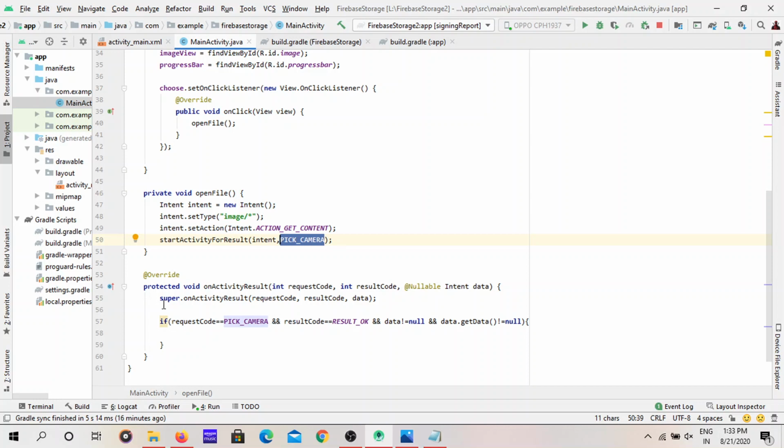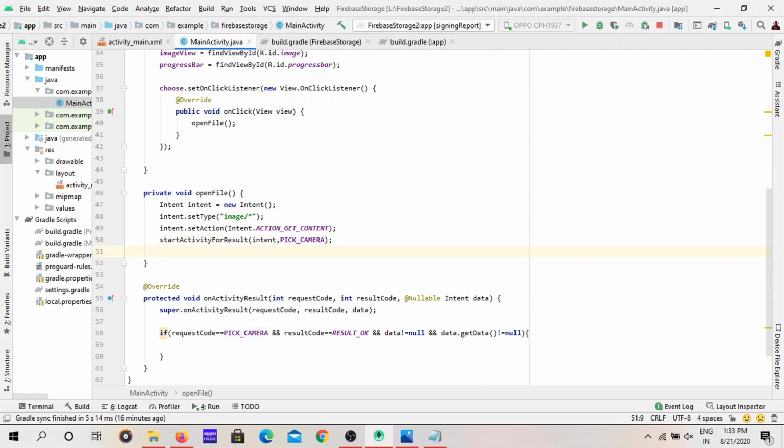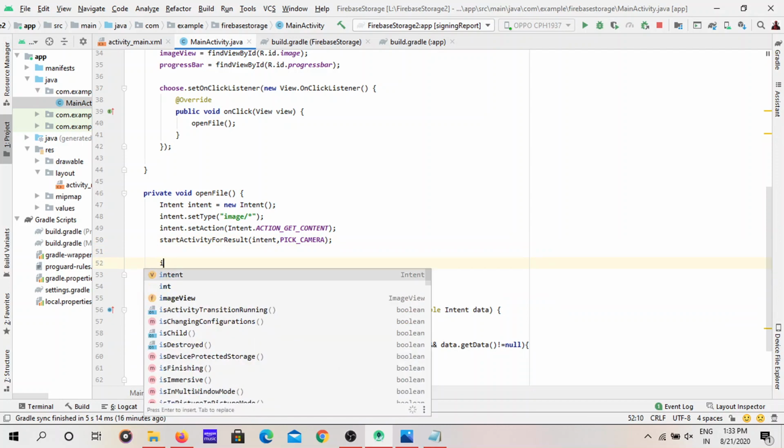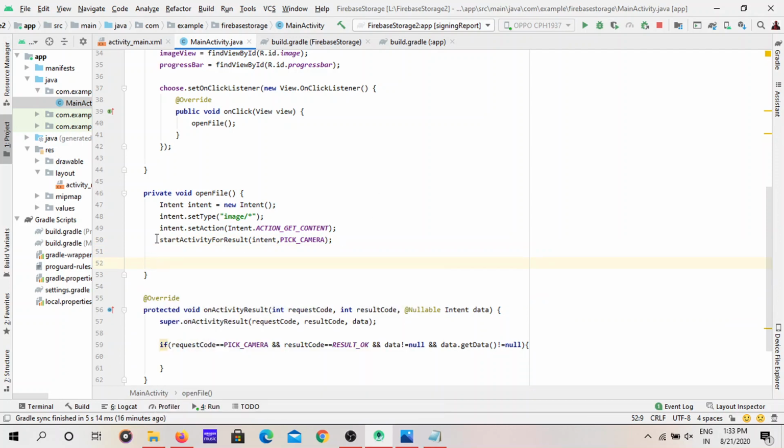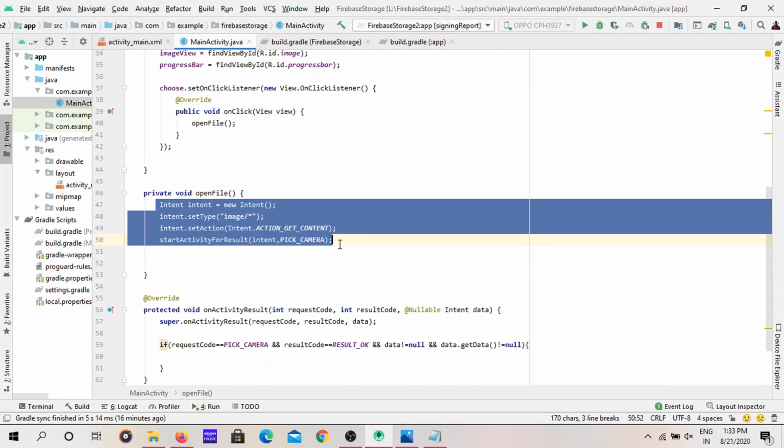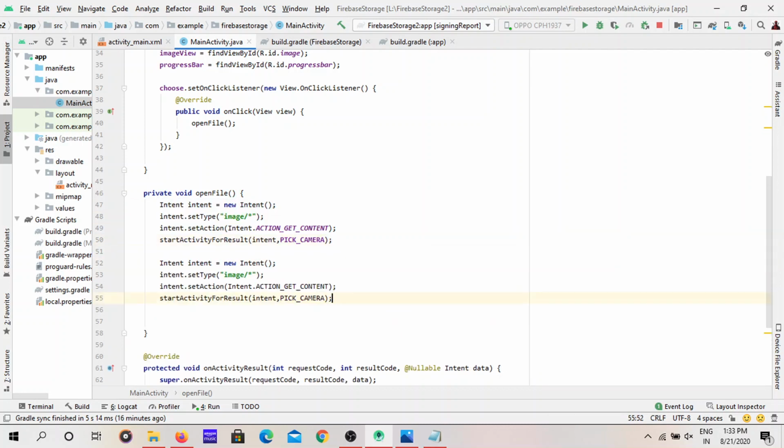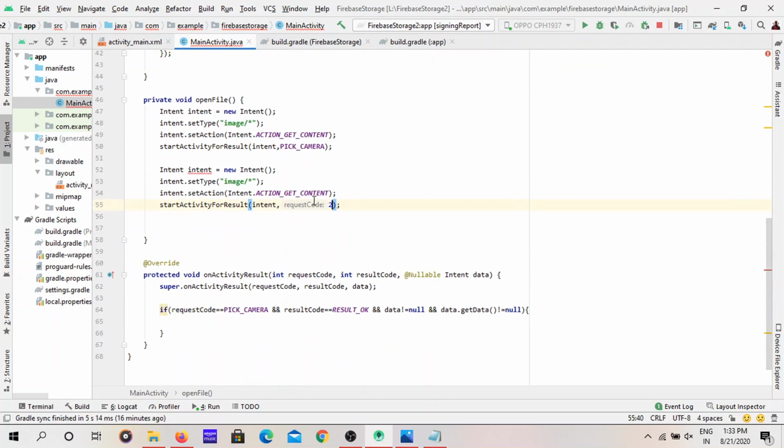Suppose you have another start activity, another intent. You just declare another intent with the same steps. Think that the request code is 2 and the type of the intent is videos.